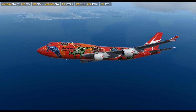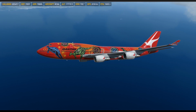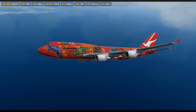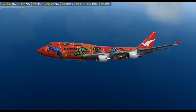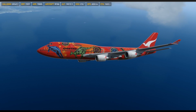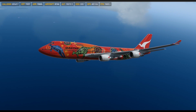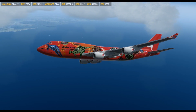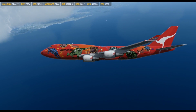You see those fantastic PBR effects there that PMDG has modeled on the 747? I cannot wait till they do that for the 777 and the 737. Although I hear they're coming out with an NGX version 3 at some point. We'll have to see what the timing on that is. I've learned that with PMDG, when they announced they're going to be releasing